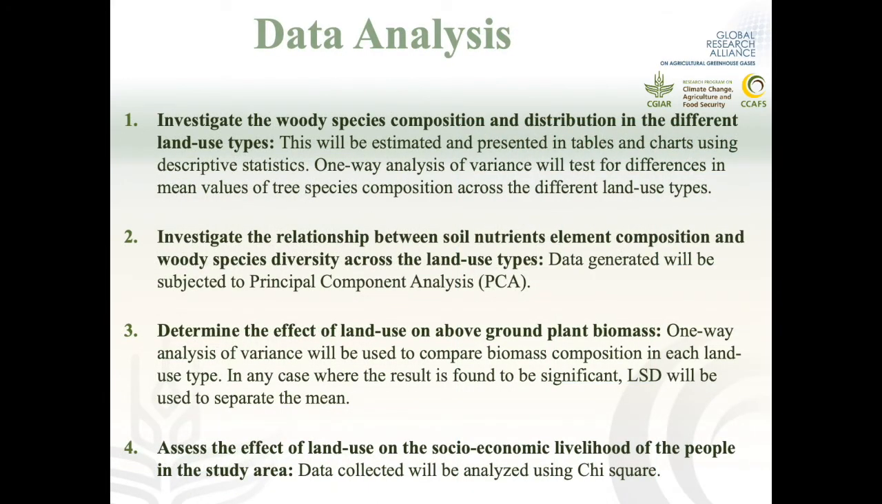Now, data analysis. Objective 1 will be estimated and then presented in tables, charts, such that it will reflect density, frequency, important value index, family important value index, and some other ecological parameters, after which one-way analysis of variance will be used to test for the differences in mean values of our tree species composition across the different land use